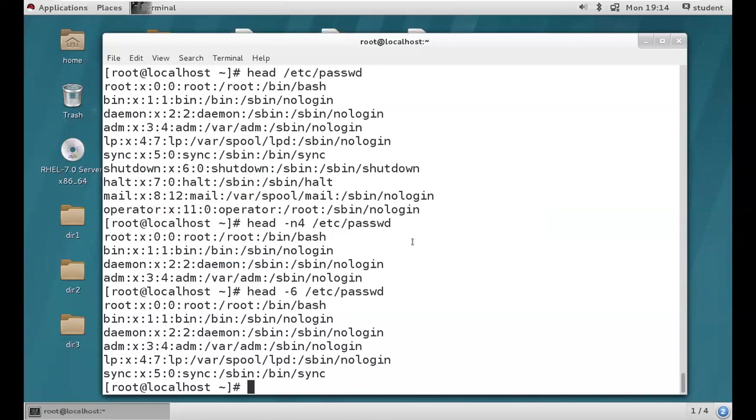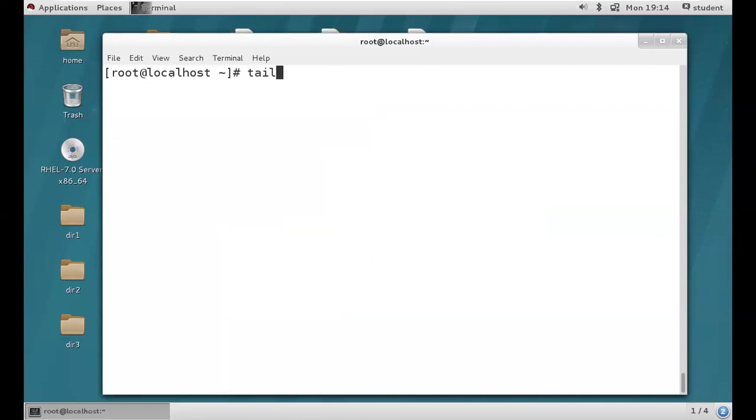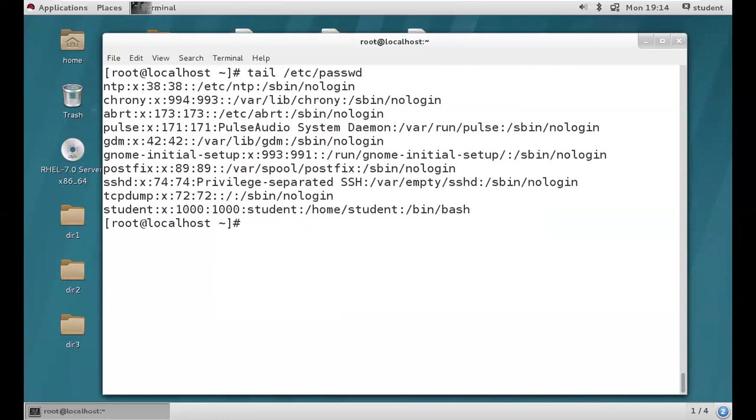tail is a command. So you know very well about tail, right? The last 10 lines. The kids will tell you, no problem. So tail is a command, last 10 lines, right? If you want, you can add a few options like this.